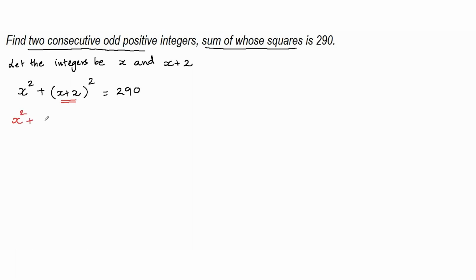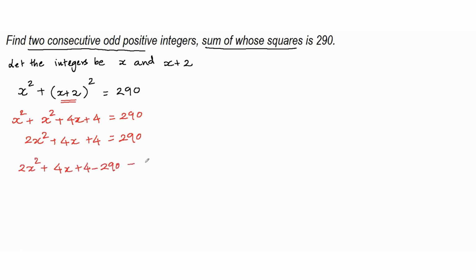So x square plus 4x plus 4 is equal to 290, which means 2x square plus 4x plus 4 is equal to 290, which means 2x square plus 4x plus 4 minus 290 is equal to 0, or 2x square plus 4x minus 286 is equal to 0. Dividing throughout by 2,